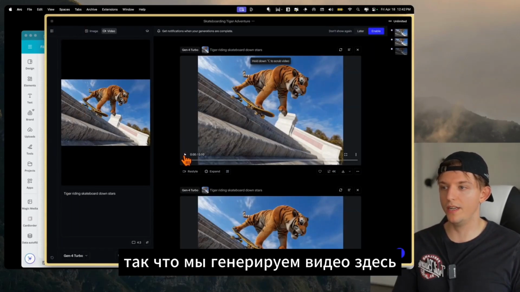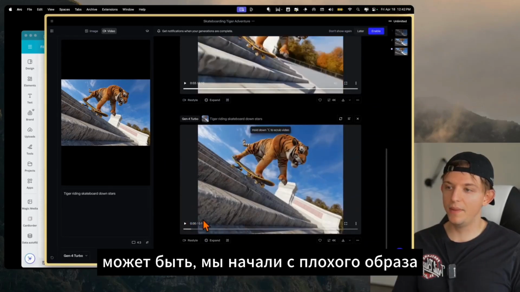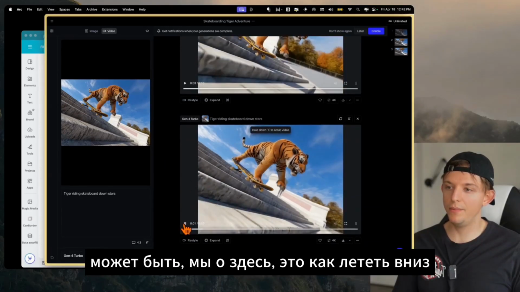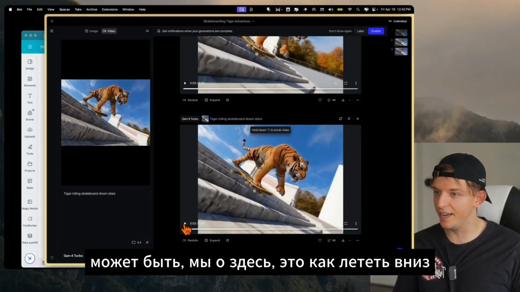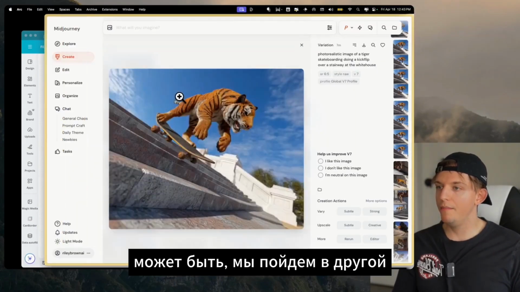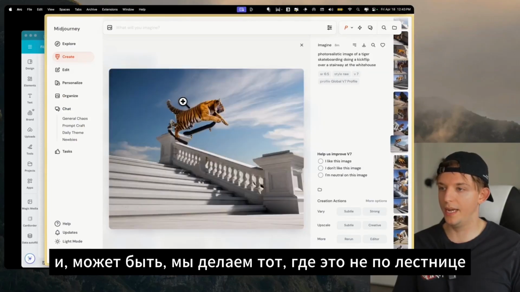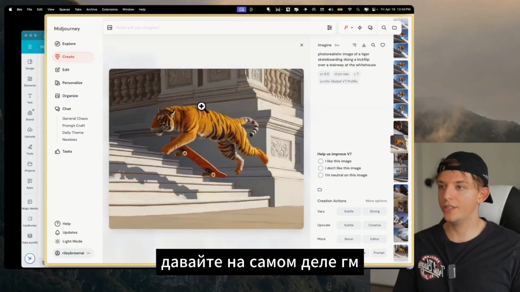So we're generating a video here. Okay, so it's still like pedaling down. Let's see. Okay, maybe we started off with a bad image. Maybe, oh, here it's like flying down. Maybe what we should do, and we can always come back to Midjourney, right? Maybe we go to a different one, and maybe we do one where it's not over stairs. Let's actually,